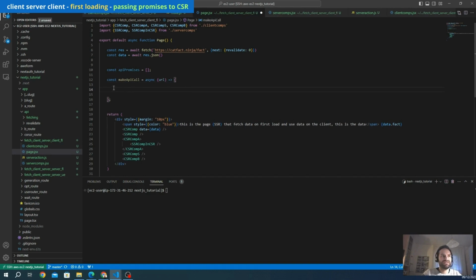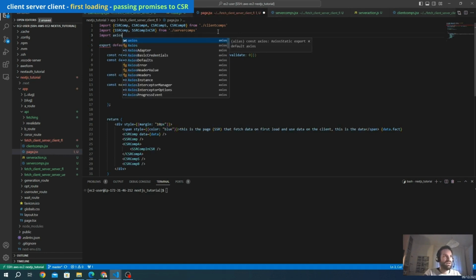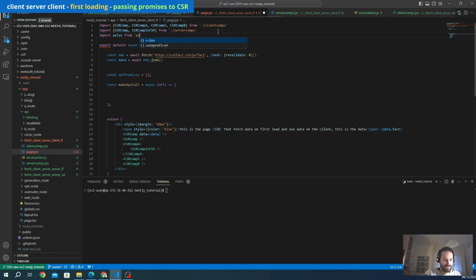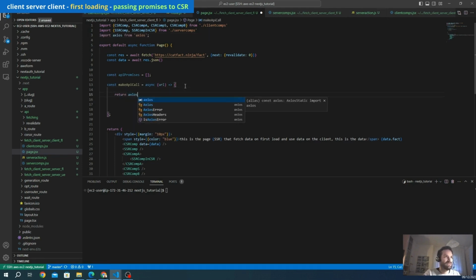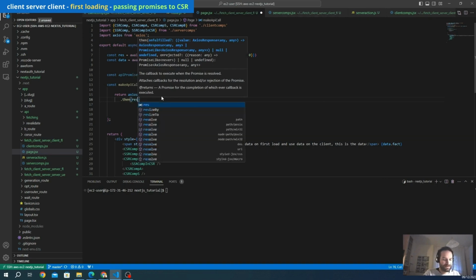Actually, we cannot do it with fetch because Next.js will give us some error if we use the native fetch from Next.js. So we are going to use another library to fetch data that is really common and everybody knows, that is Axios. And we are going to use that. I already installed it in my package.json, so we have this package installed, and we're going to use it. So we return Axios and this get method, and we get the URL, and after, when the promise is resolved, okay, it returns a response,